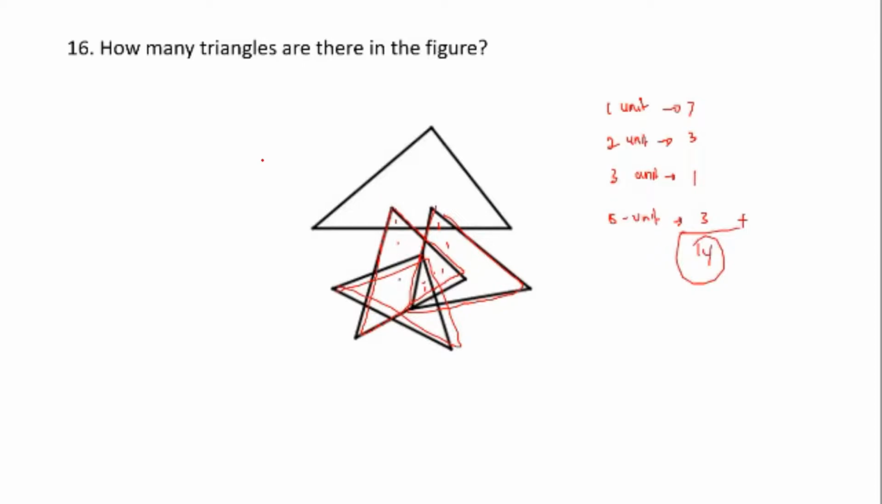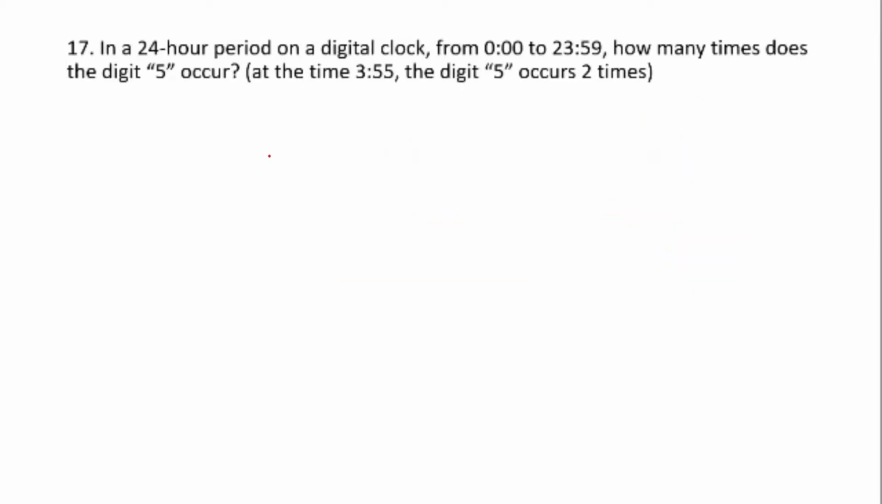All right, now let's go to number 17. In a 24-hour period on a digital clock from 00 to 23:59, how many times does the digit 5 occur? At the time 3:55, the digit 5 occurs 2 times. So now let's make a list. Okay, so let's find the number of 5 that appears in the hours first. Then we know, of course, from 5:00